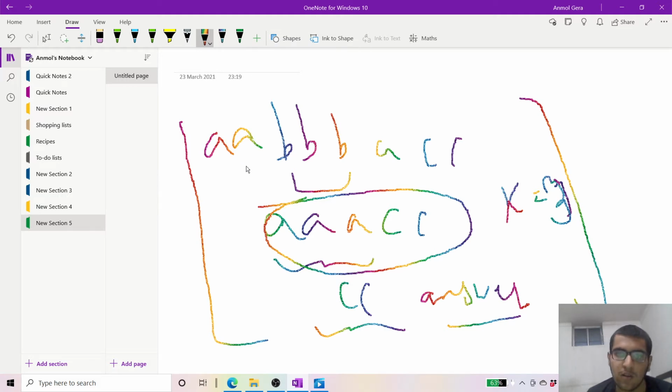It's understood that the answer would always be unique because we are concatenating the left and right substring. All the combinations, all the possible adjacent characters that we can make by doing this operation, all of them will be removed. So the answer will always be unique. That is the first observation.